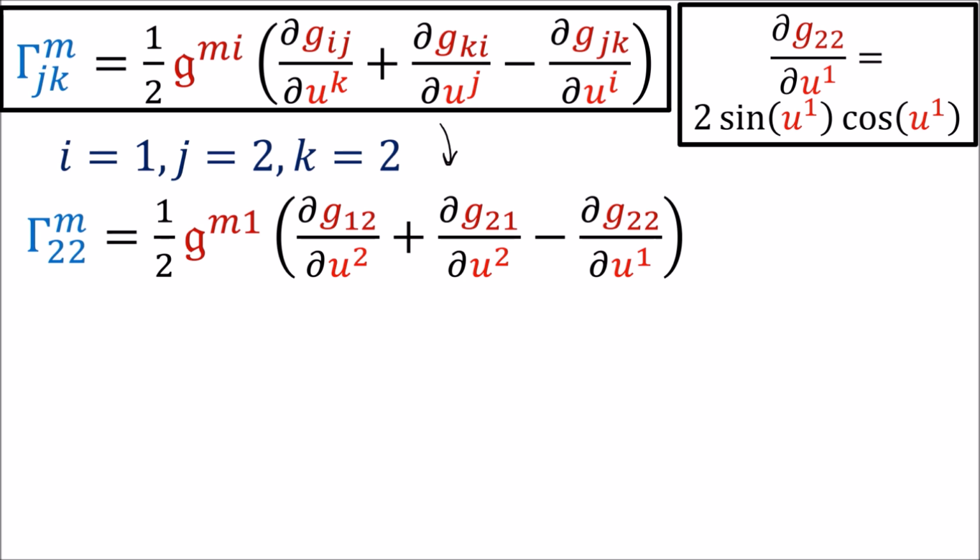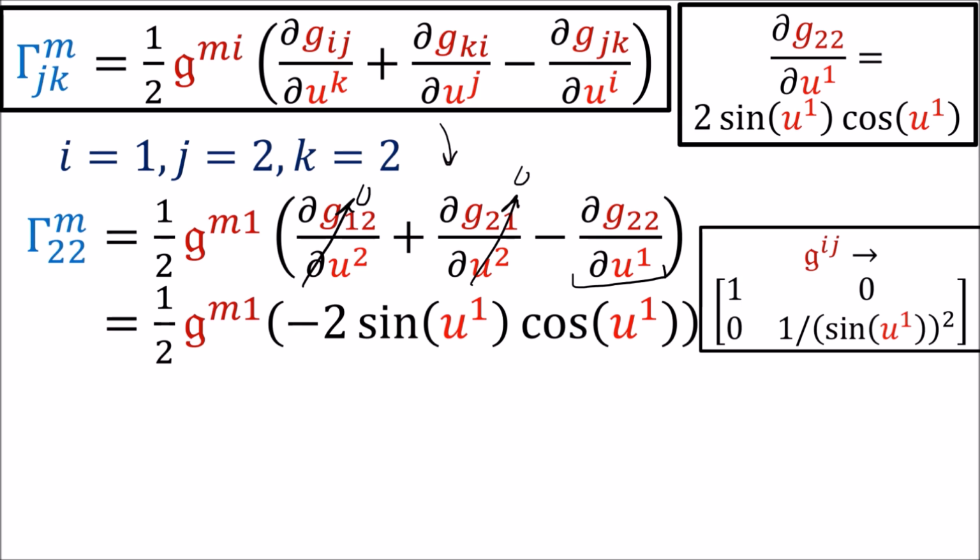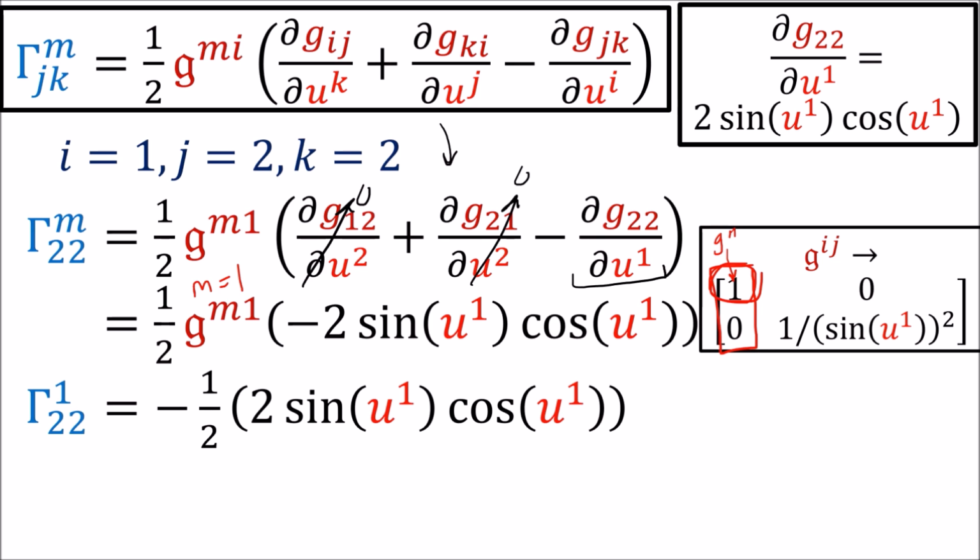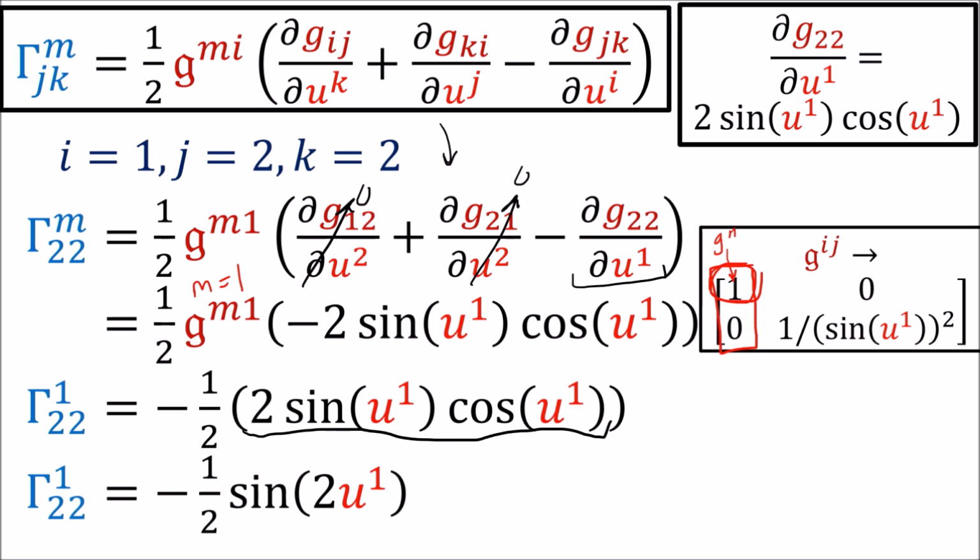Now let's try the i equals 1, j equals 2, k equals 2 case. So subbing in, we get this. And all the derivatives go to 0 except the partial g22 by partial u1 derivative. And now, in the first column of the inverse metric, only the g11 element is non-zero. So this tells us that we only care about m equals 1. So we sub this value in for the g11 metric component. And taking this result, we can turn all this into sine of 2 times u1, which gives us the answer